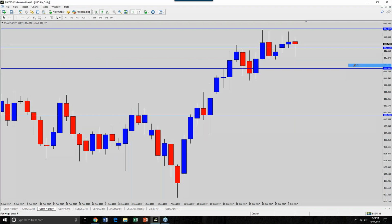And similar to what I said earlier this week, this is sort of your key information, okay? What I mean by this is 113 is a pivotal point of rejection right now. It doesn't necessarily mean we're going to blow past 113 in the next few weeks. Maybe we do, but you have to be cognizant, and this is where visualization comes in, that when we get to this area up here, we could have a reversal. So you have to be aware of that, and you have to look at your charts